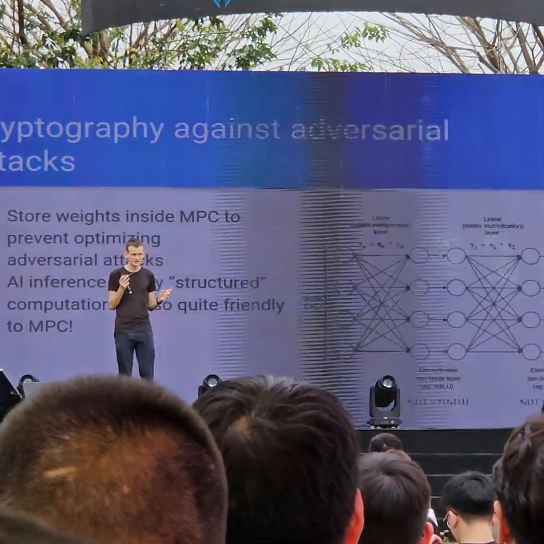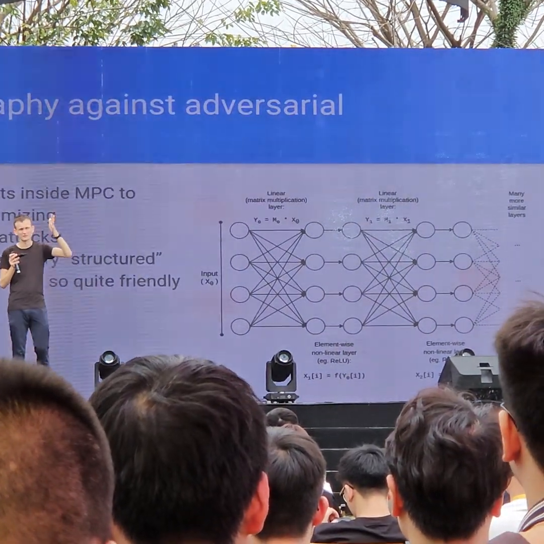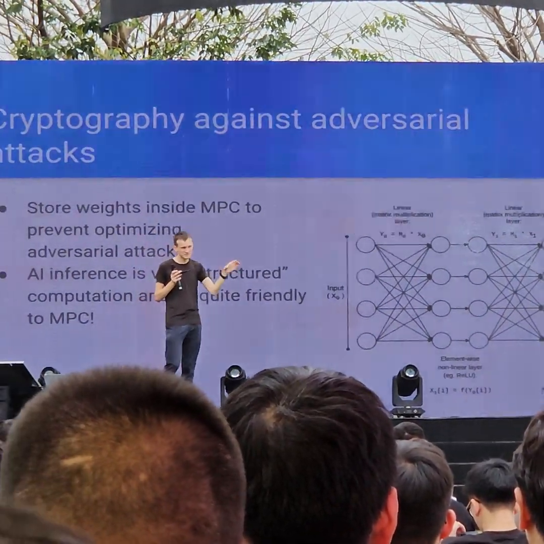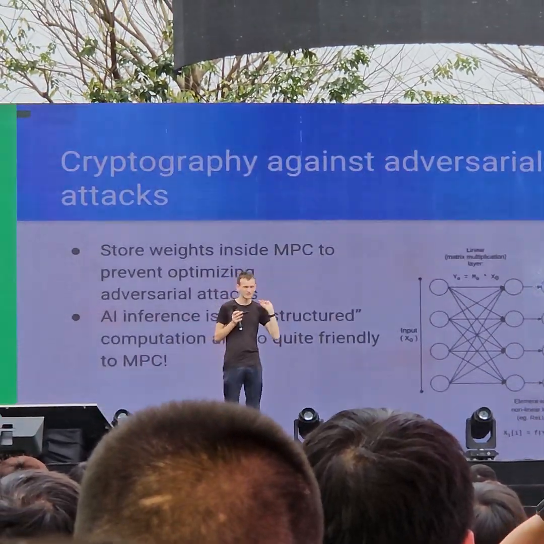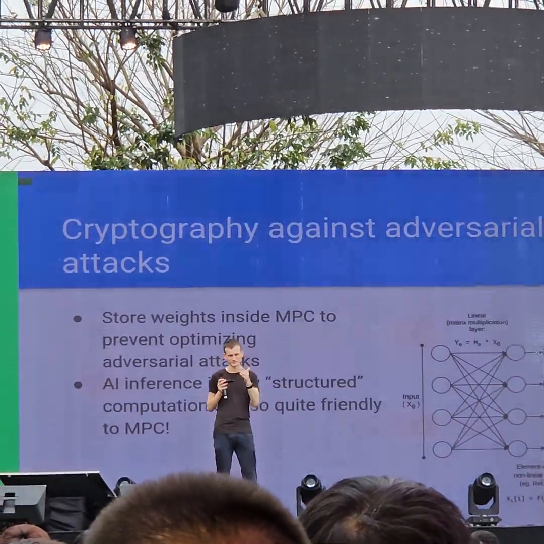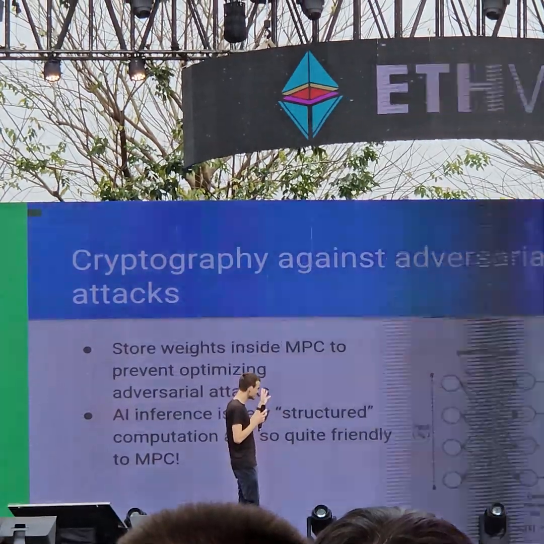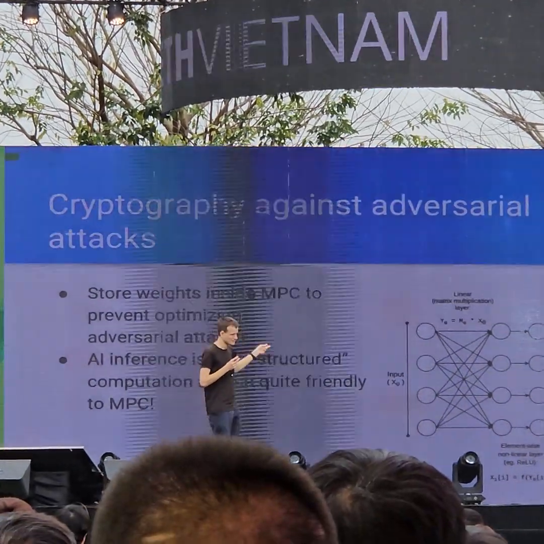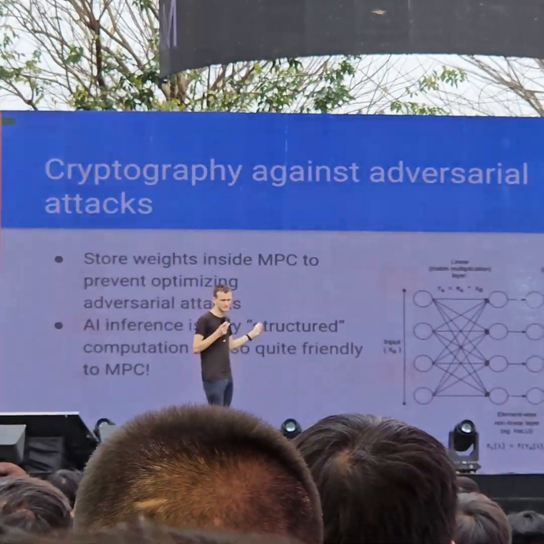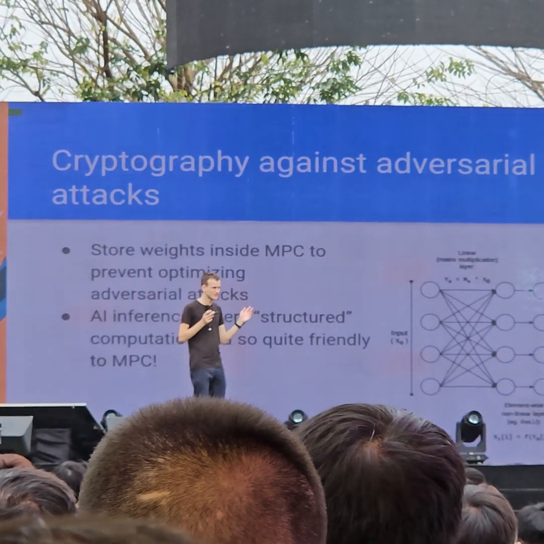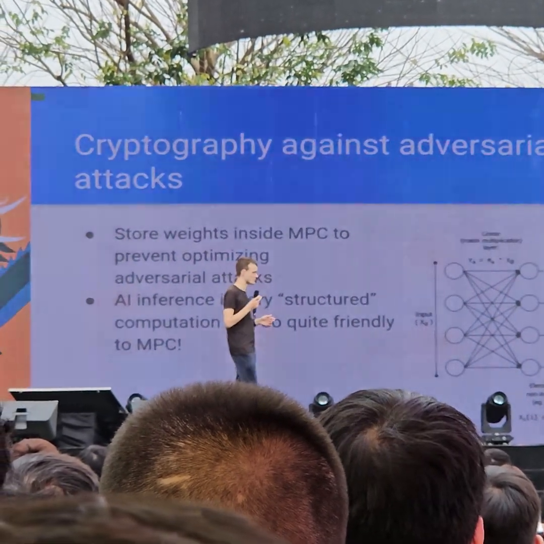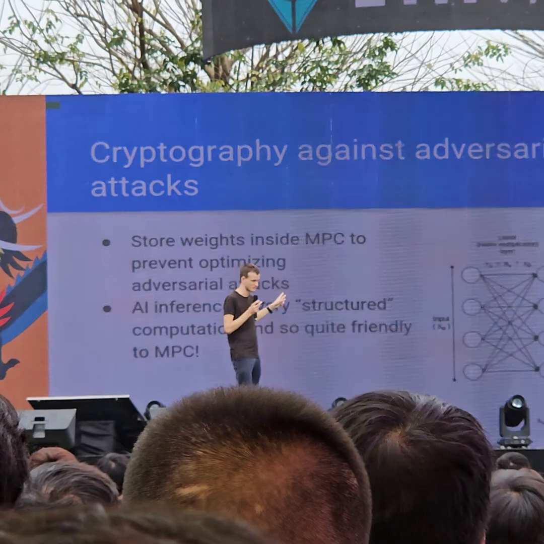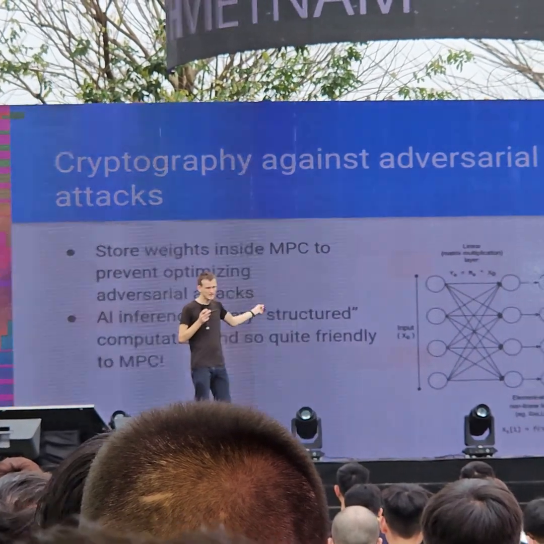Matrix multiplication is actually very easy to prove. If you have very large matrix multiplications, you can optimize proof systems that do a very good job of proving them very quickly. So making AI computations provable is actually much easier than making regular hard computations provable. So you can do this with zk-SNARKs.